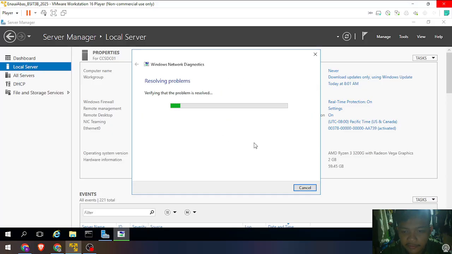And then apply this fix. Here we have our network. We only have internet. Let's just wait.